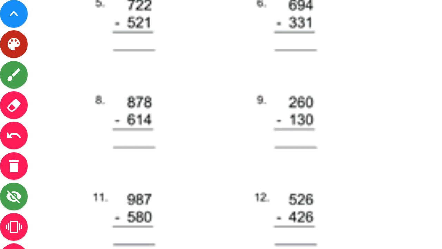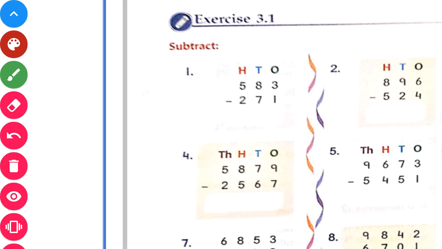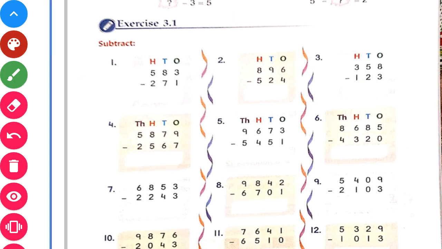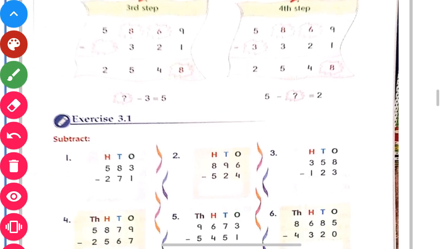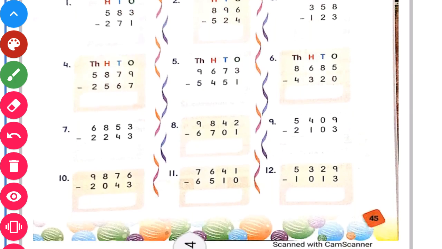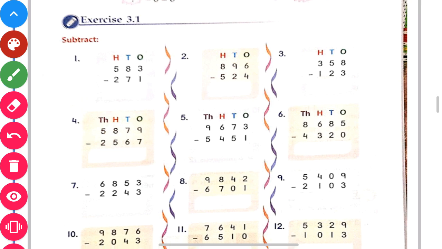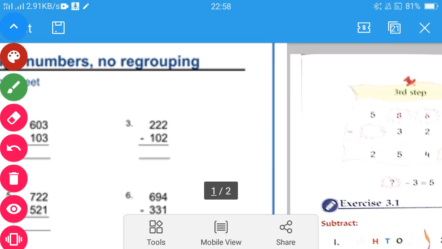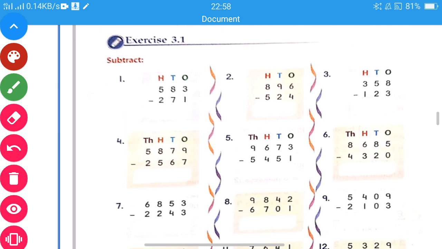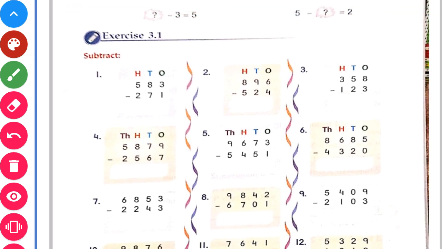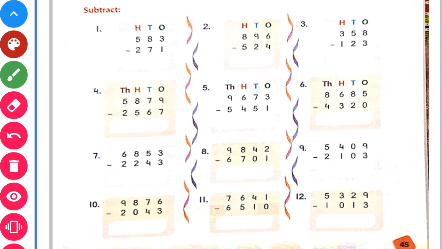Okay. Great. Now let us move toward your book exercise. There is nothing new in this book exercise. All the concept, all the type of question that is given here, we have just discussed in these two worksheets. Okay. Now, still let us solve some of the question. We will do some of the 4-digit question. So I will start with this question.